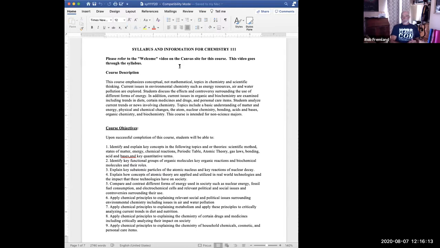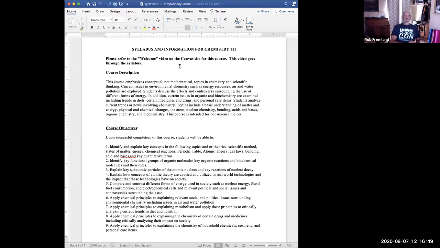So what we do in the course is chemistry in society. My approach is I'm going to teach you enough chemistry to understand some societal topics. We're going to look at some climate chemistry, air pollution and climate change. We're going to look at water chemistry and why we need water, bottled water, and how water is purified. We're going to look at some of the chemistry involved in generation of energy, so we'll talk about nuclear energy and renewable energy and things like that. In addition, we'll get into some biochemistry, and we can talk a lot about what's going on currently.